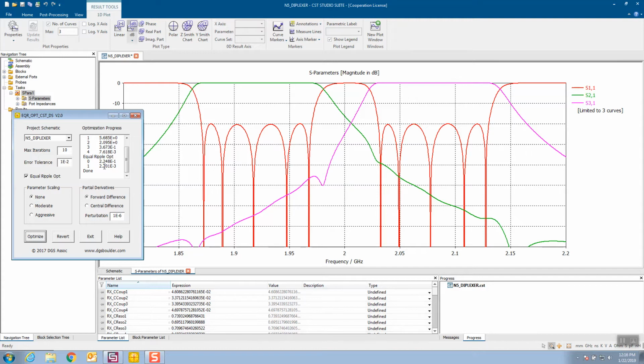And now we're done. And clearly we have what looks to be an almost perfect equal ripple response in both